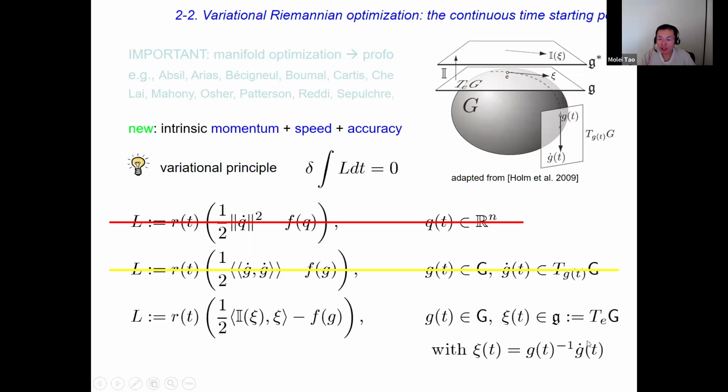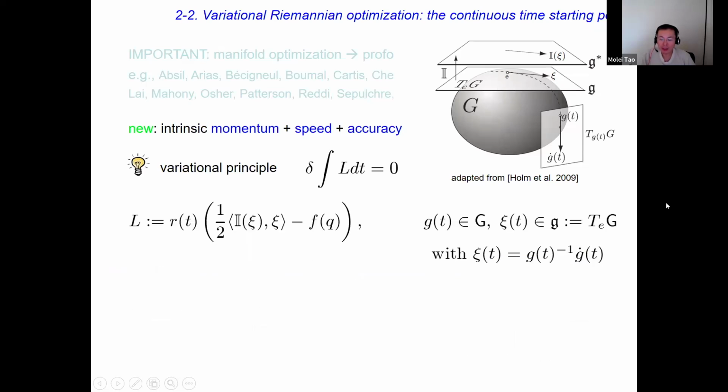So instead of using G dot as a momentum, you pull everything back to a fixed space, which is the tangent space at the identity element of the Lie group. That's called the Lie algebra. So this is called a reduced momentum. This Kc variable is the momentum that we will be using, and you can define very easily a notion of kinetic energy. Unless people care about it, I will not say too much about it. And then your momentum really lives in a Euclidean space. So this is a flat space which is not changing. And this makes all the difference.